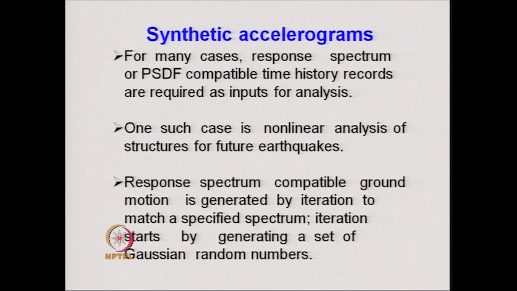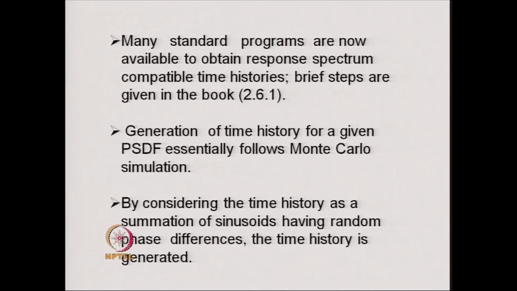It starts with the generation of a set of Gaussian random numbers, and a set of iterations are performed, and these iterations are performed in such a way that at every iteration the calculated response spectrum is matched with the target response spectrum. Now, in the case of the power spectral density function,